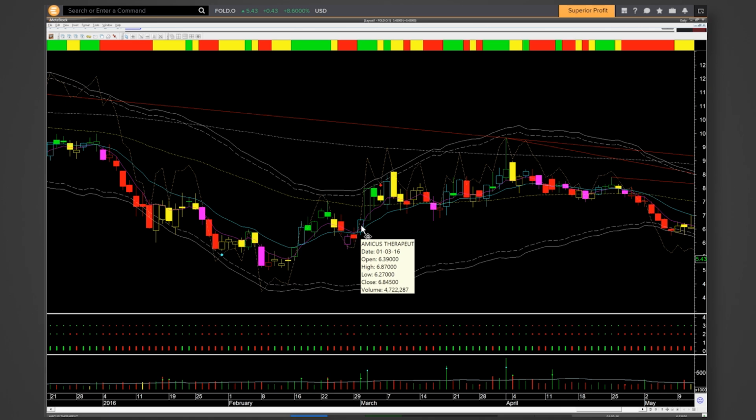So all the requirements of go with flow long were met on this day, and you see I didn't have to open the checklist, but you could in the beginning. And our stop loss will be just below the recent low here. Our profit target will be the upper boundary, so it would be hit. So we could have a profitable trade